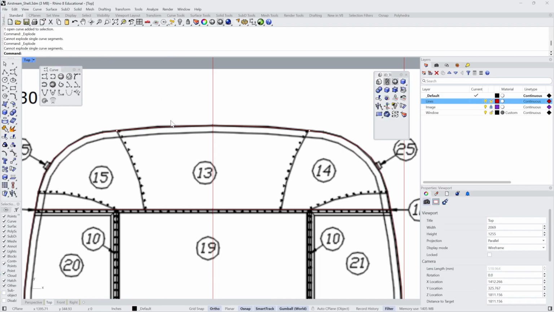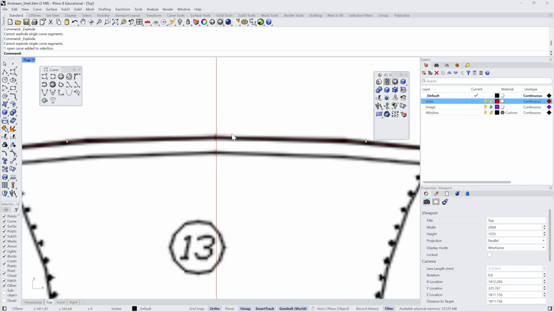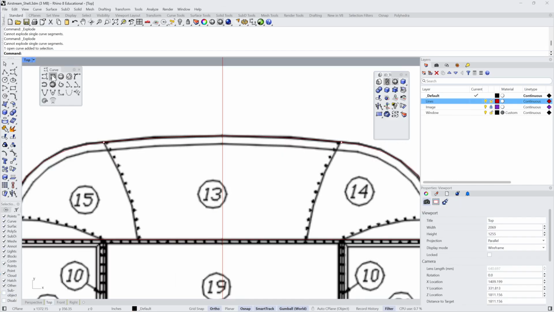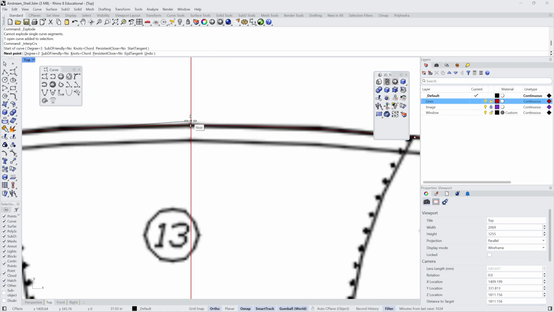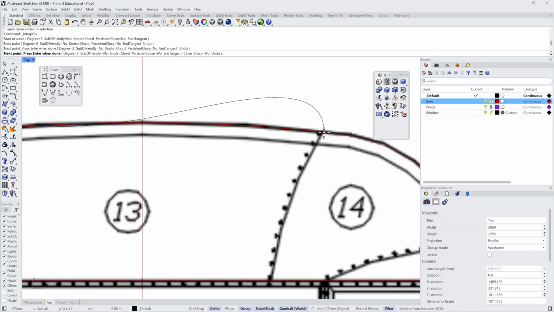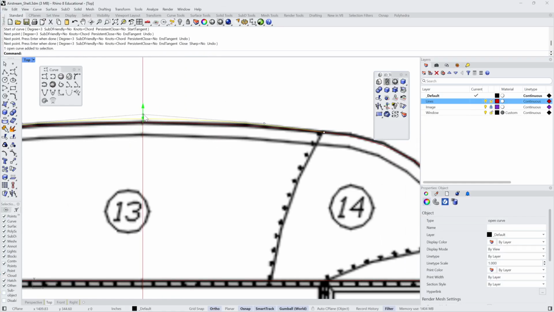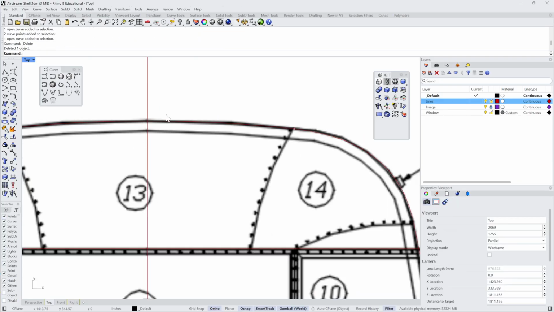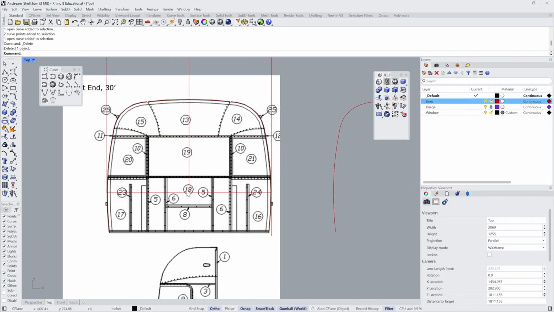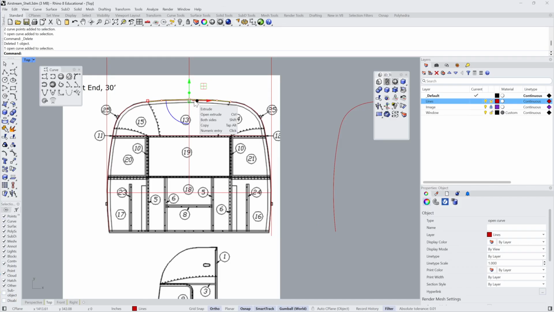And then again, this whole process was just using this interp curve and drawing this out here, making sure that I had a good curve here, and then adjusting that to the top. Okay, so again, I'm establishing a center line and then drawing it on one side. This one's a little bit different because